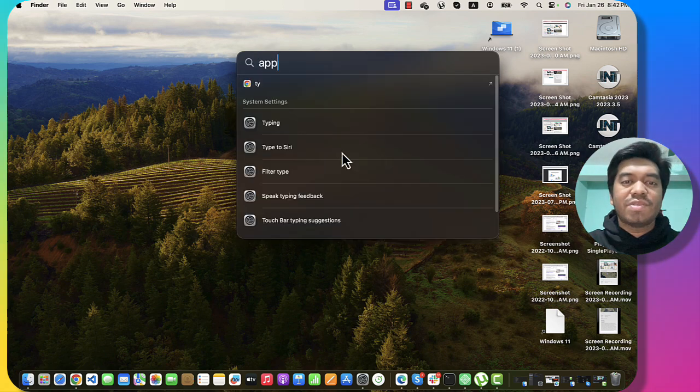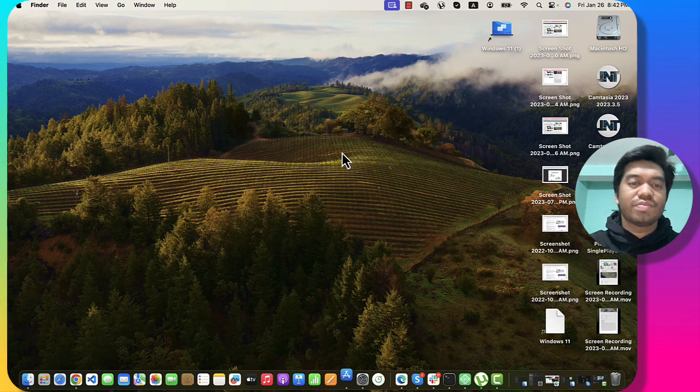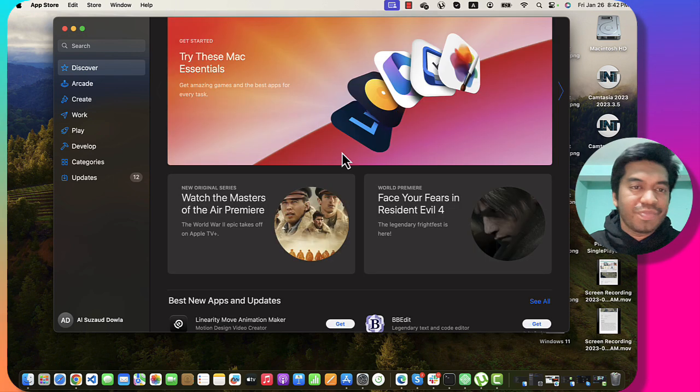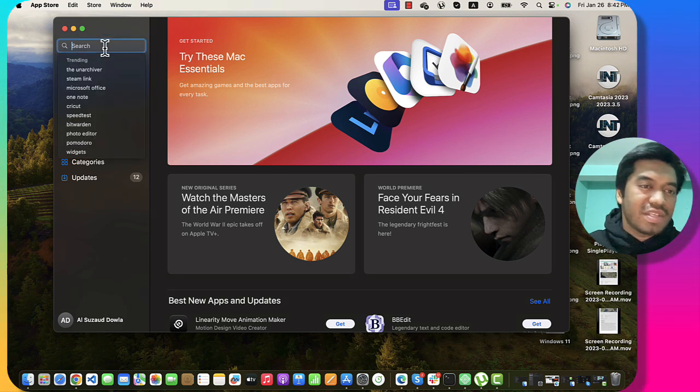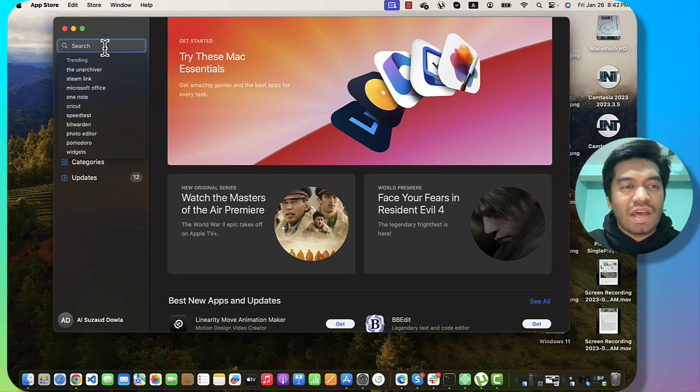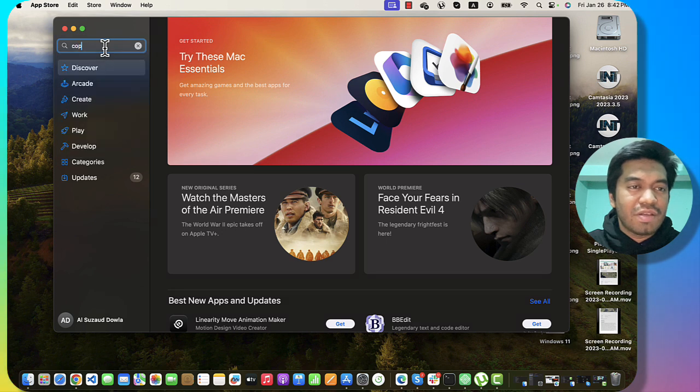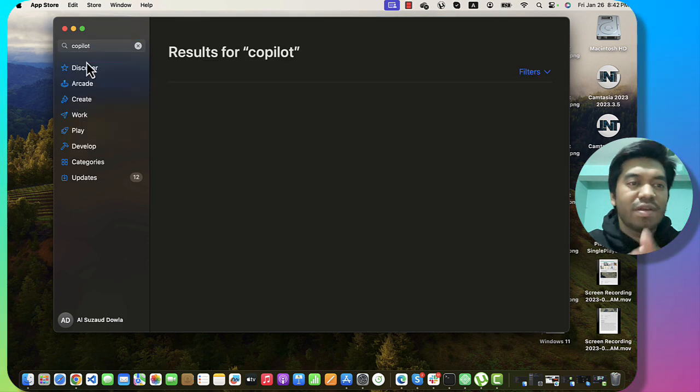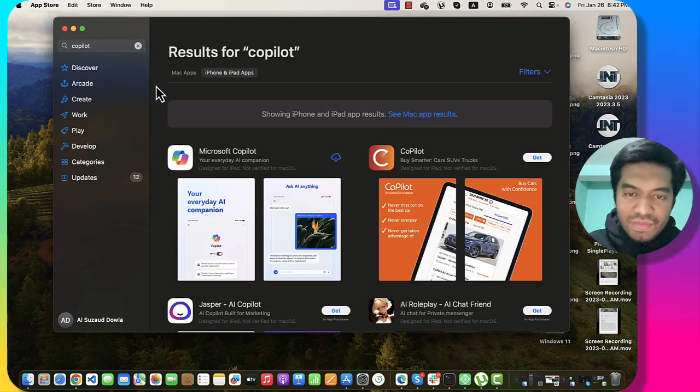Now type in App Store. So here from the left corner above on your screen, you'll find a search form and now write Copilot and select this one. And there you go. Here is the official app from Microsoft. Just hit this icon